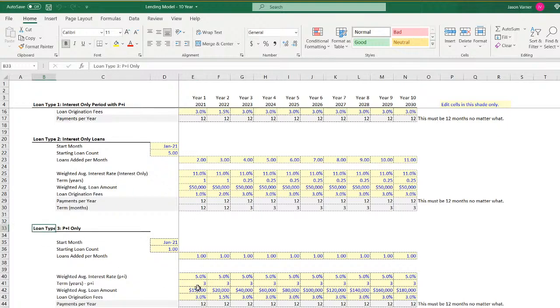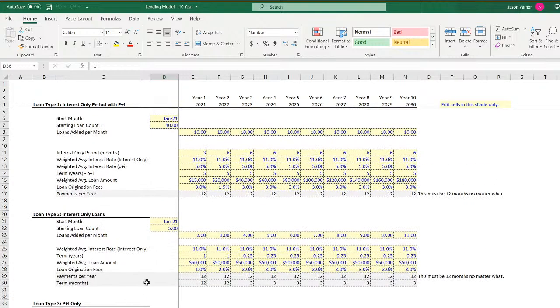And then P&I only loans. So this is like your standard, like a mortgage or something. There's no interest only period. It's just interest rate, a term amount, and any origination fees. And so all these things, I mean, debt is very complex to model when you start to get into timing assumptions and multiple,